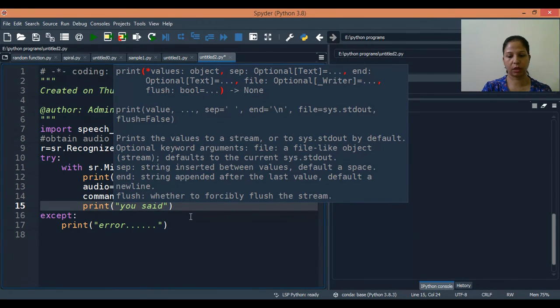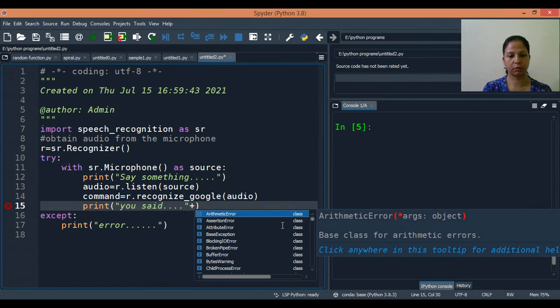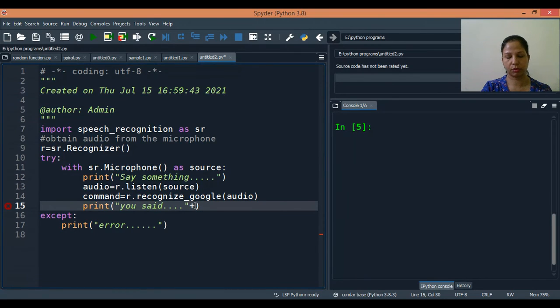Whatever you say or speak will be concatenated with "You said". Now I am passing the command, which was the variable name, inside print.